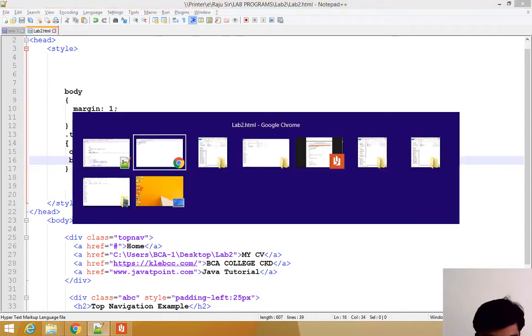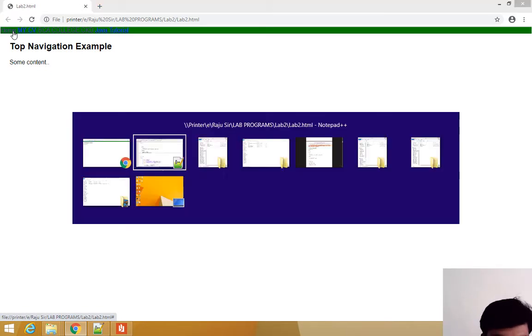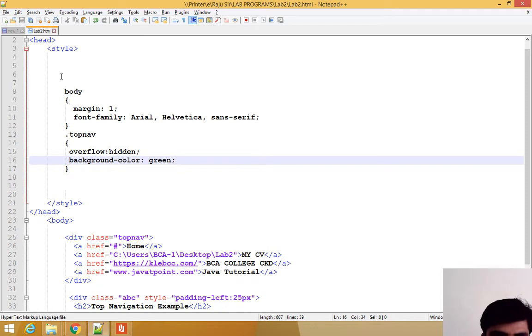Now save, refresh. See, you can see the background color of the top navigation is green, and overflow is hidden. What do you mean by overflow? The overflow is clipped and the rest of the content will be invisible. So that is called overflow hidden.